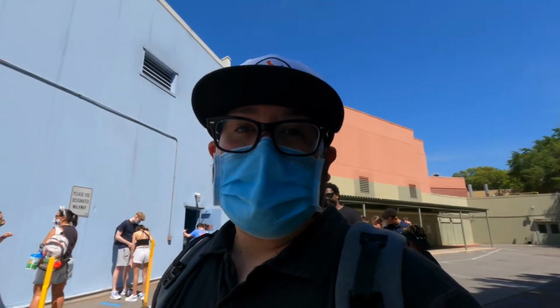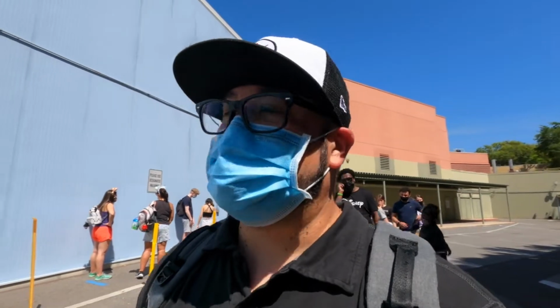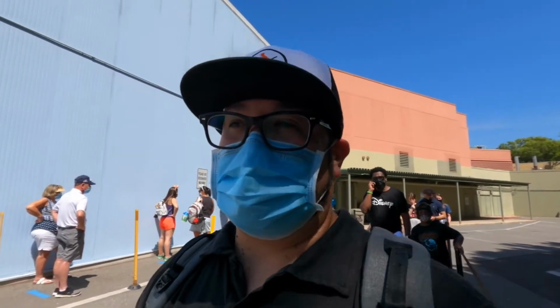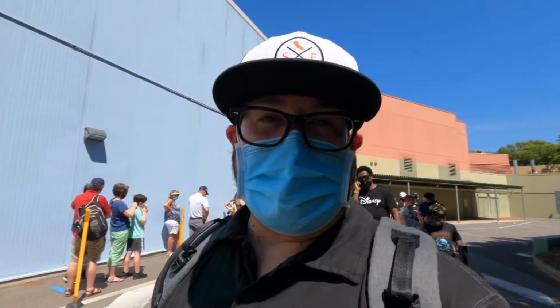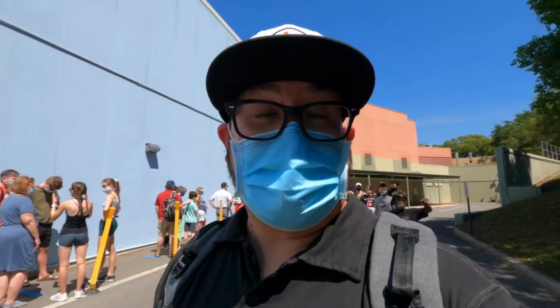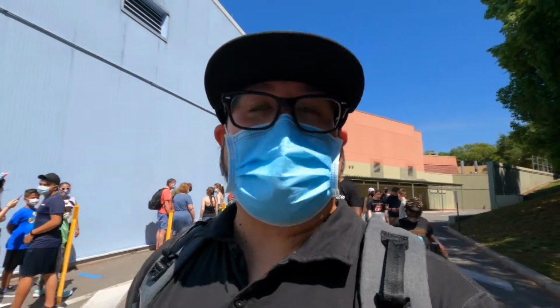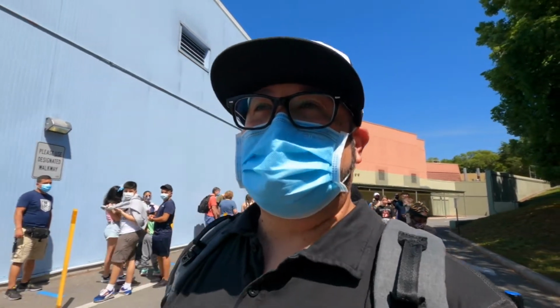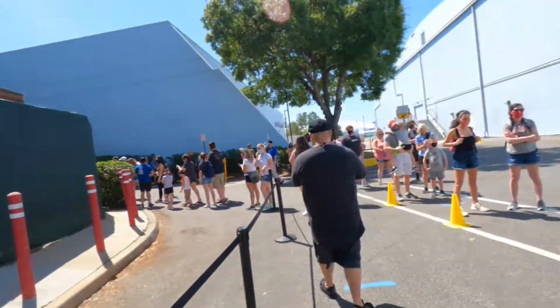It's a 60-minute wait. So let's see how long it really is. What's crazy is this line for Soarin' has moved us backstage outdoors so that we can keep social distancing. But apparently that hour-long standby line that is advertised is accurate. So I'm gonna be outside for the next good chunk of time. But just to give you guys an idea of what we're talking about,